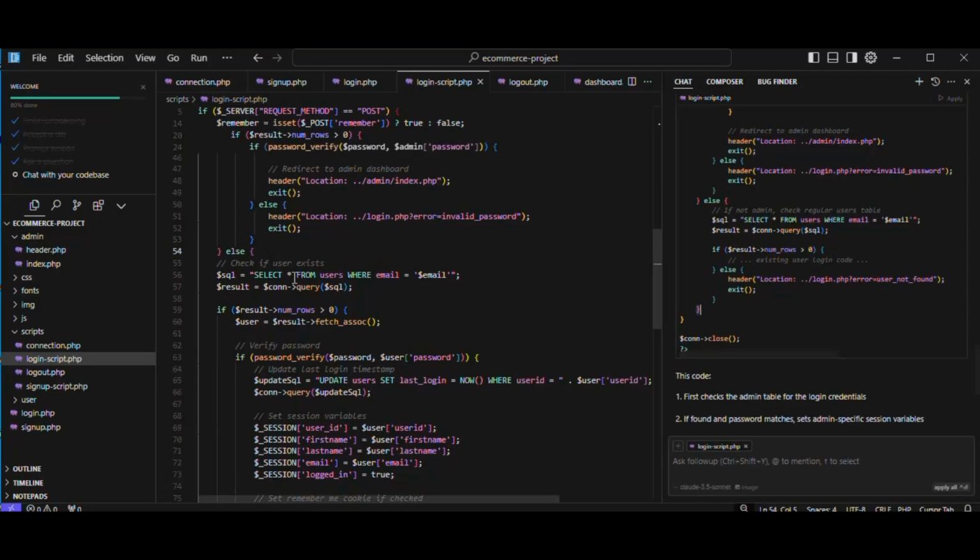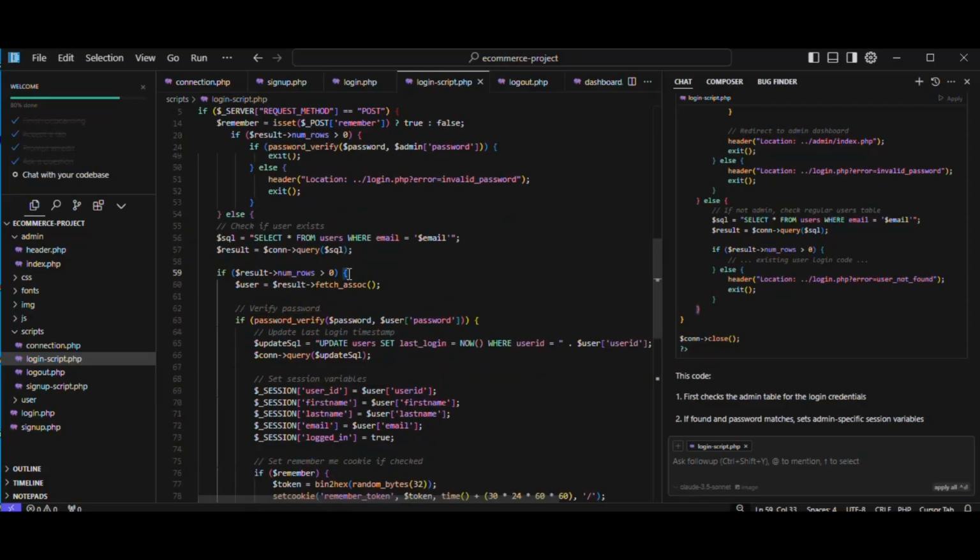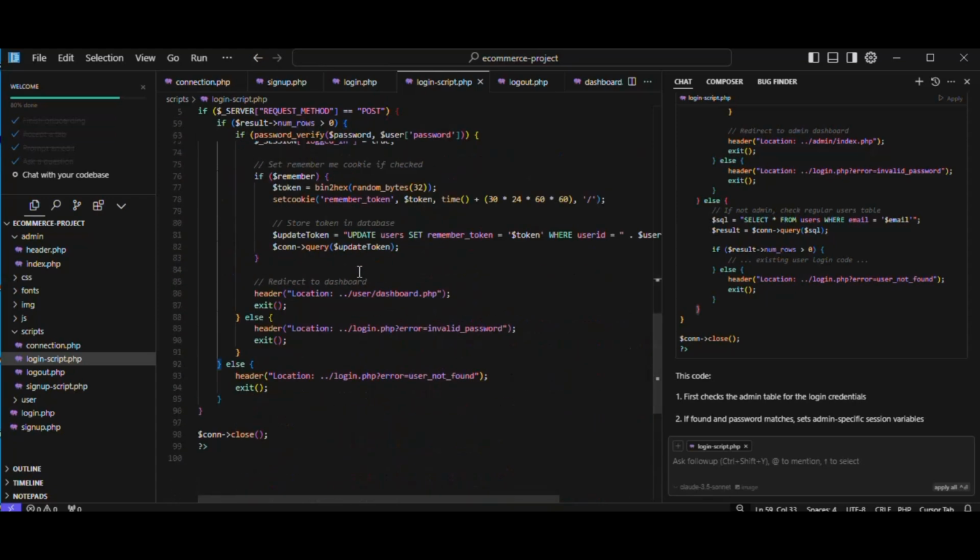In the login script.php, we can focus our cursor at the if statement which checks if the user exists, then scroll down. We will see where the brace closed. After the else statement for the header redirection code, we will paste the closing brace there, then scroll to the